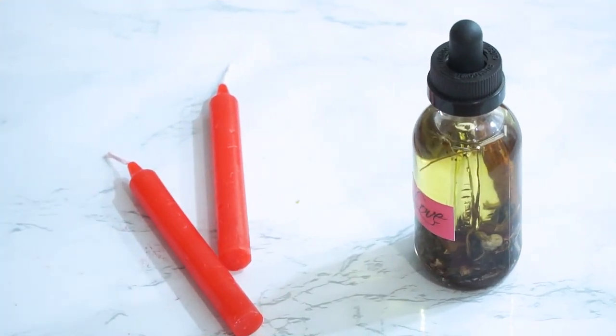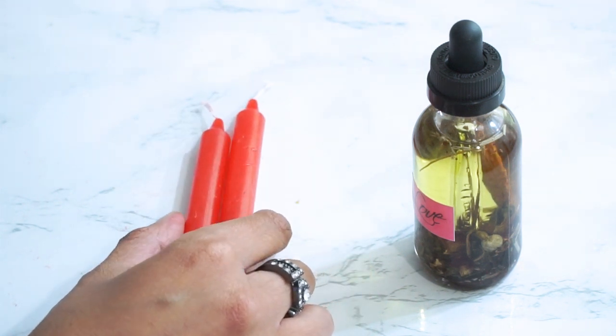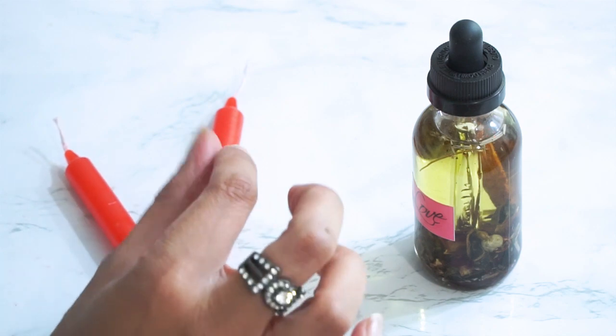The second way you could use love rice is with 2 red candles. So you could use birthday candles, chime candles, tea light candles, whatever you got. Here I have 2 chime candles that you can actually get on my shop with a little sample of the